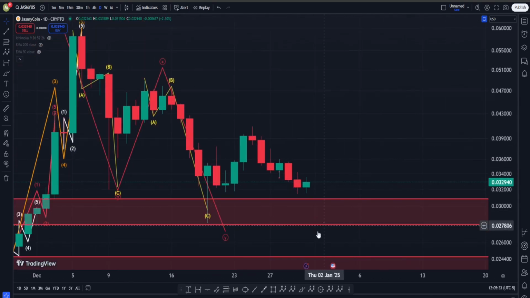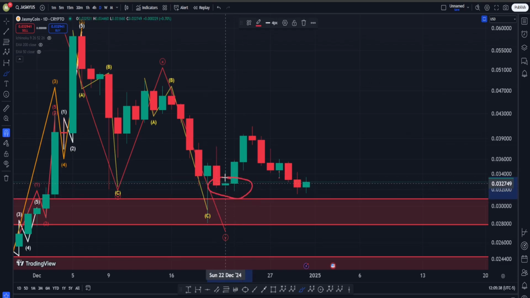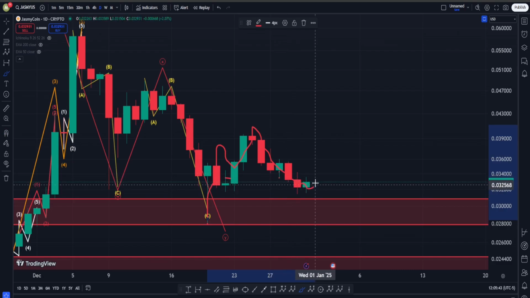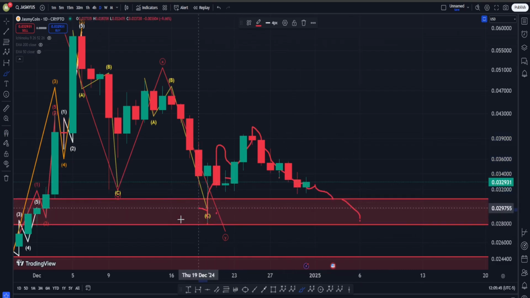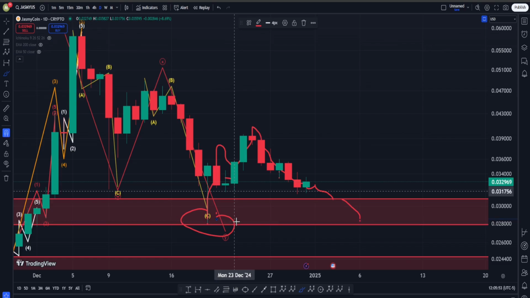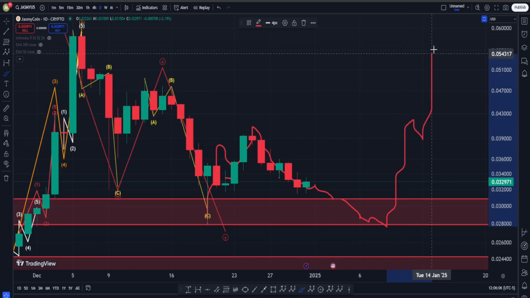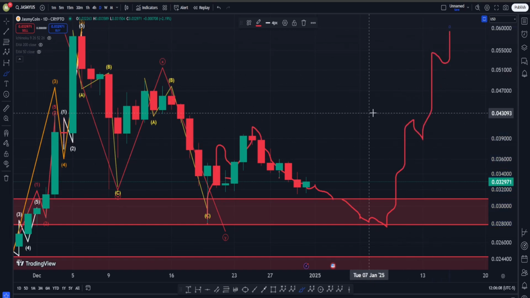In JasmyCoin, because in the last, I think, 48 hours we took this low, I'm going to argue maybe this is an ABC zigzag and this move down can technically continue a bit more. And in it, we might take the lowest low in here about 2.8 cents. Does this mean at that point we're going to go quite lower? I don't think so. I'm thinking it's kind of unlikely. And after setting another lower low, and again not going a lot lower, I'm expecting a very strong bounce back in the form of a 5-wave impulsive structure